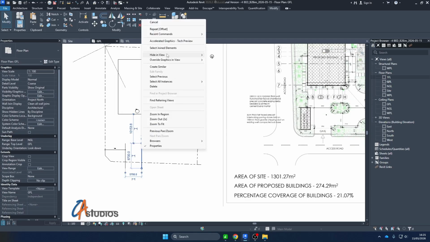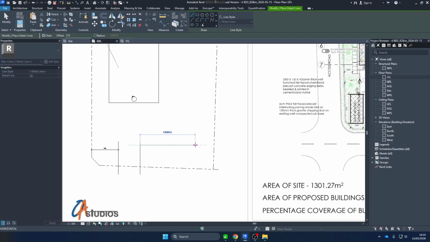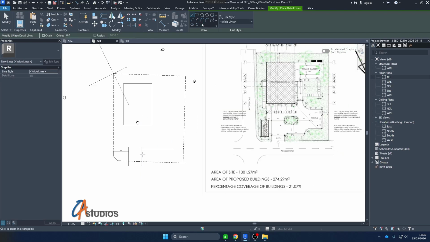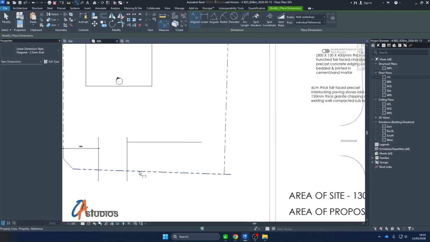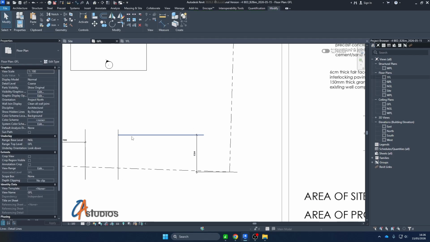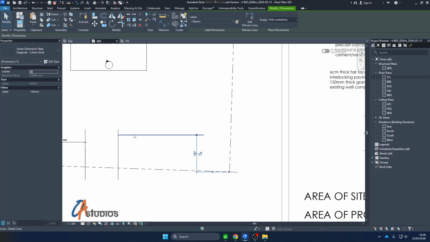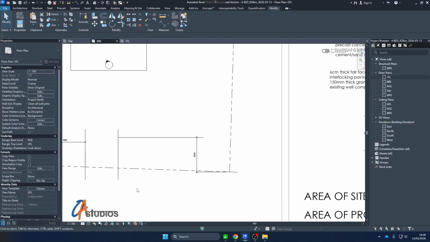So let's see. Let's just put a line here, and this line would be, let's say, from here to this point. Let's leave it as, let's say, the 6 meters we had. Alright, let it be the lawn offset,